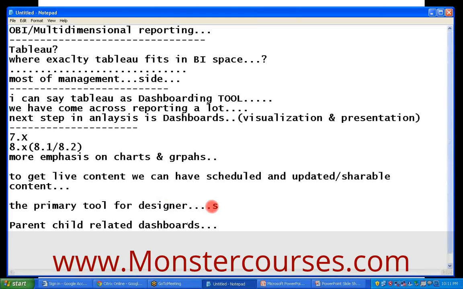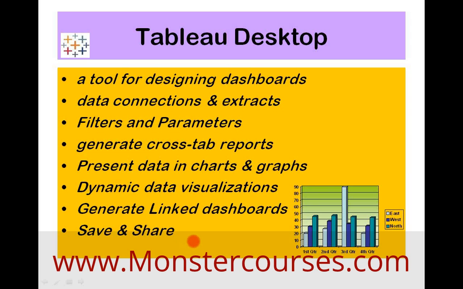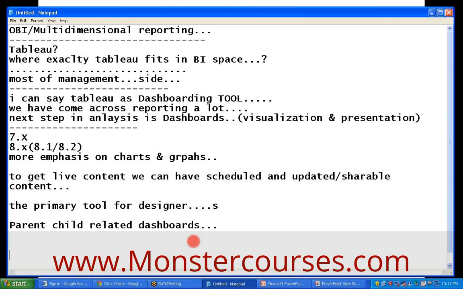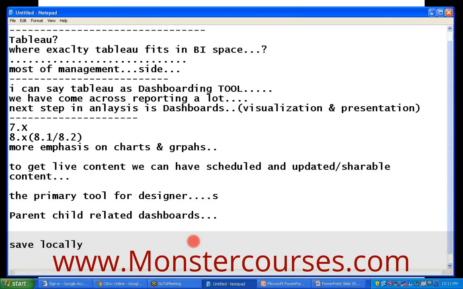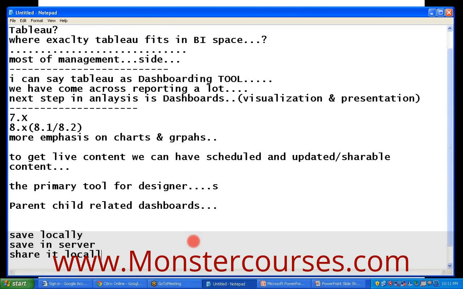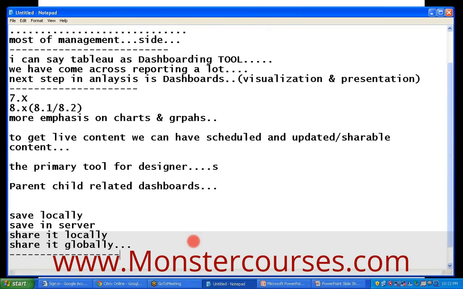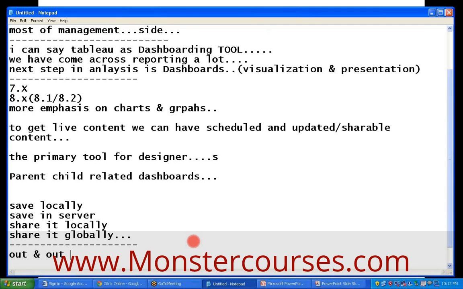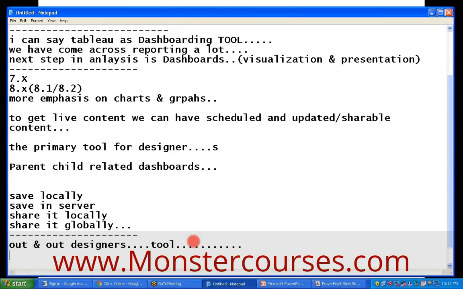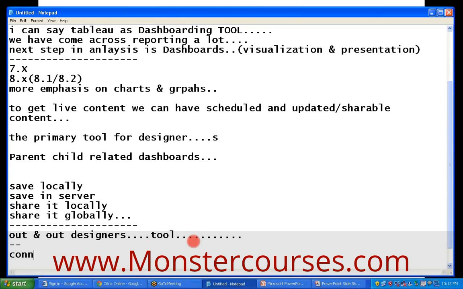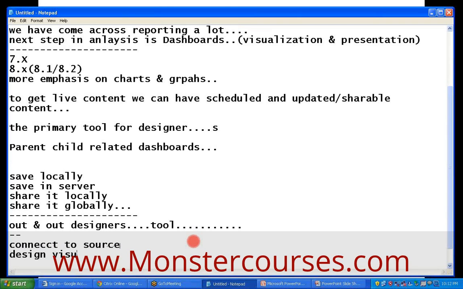So these are some of the basic areas. And finally, you can save it and share it. It's not only share, you can save locally, save in server, share it locally or share it globally. Many options are available here. So it's an out and out designer's tool completely. As we have discussed here, what it is going to do is connect to source, design visualization,